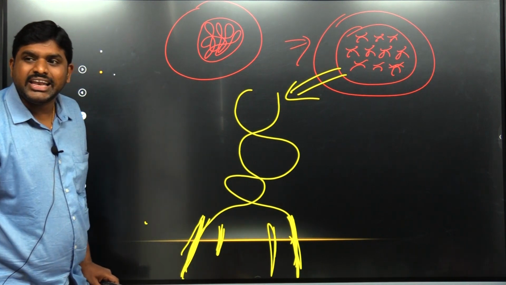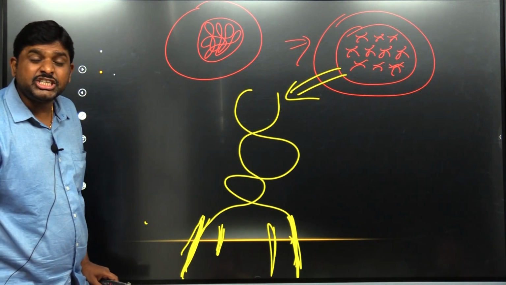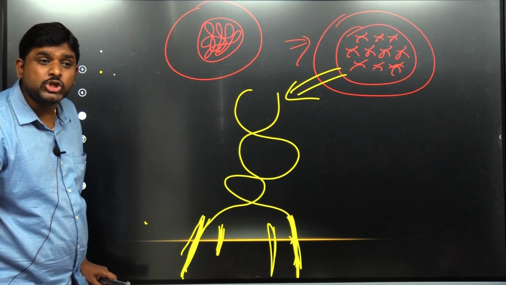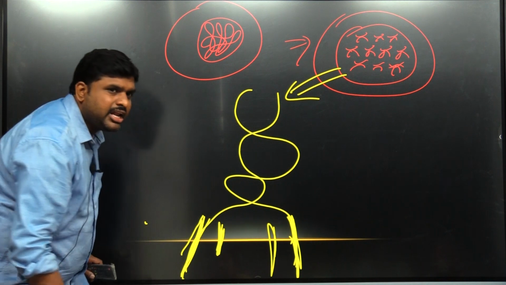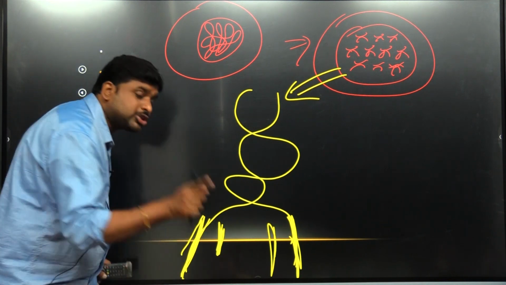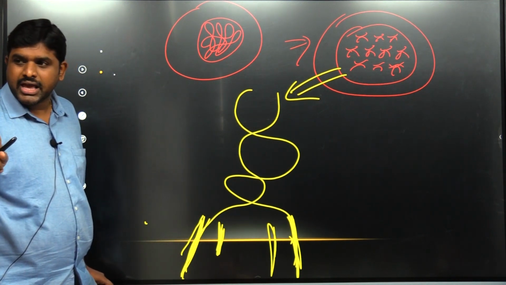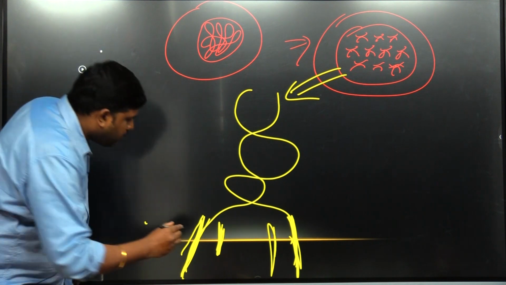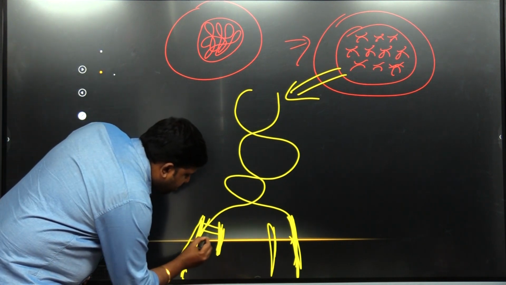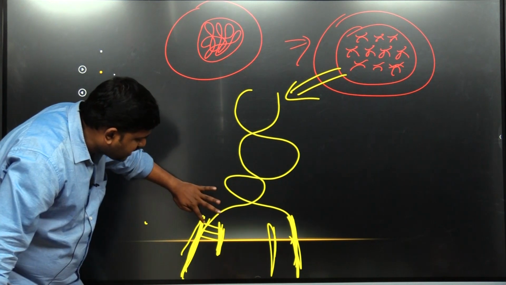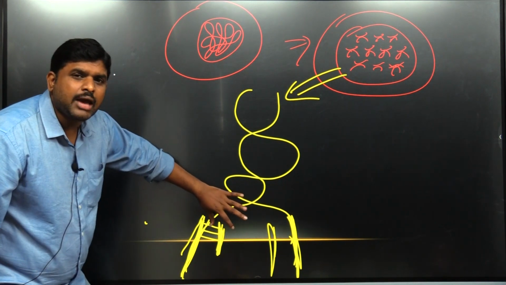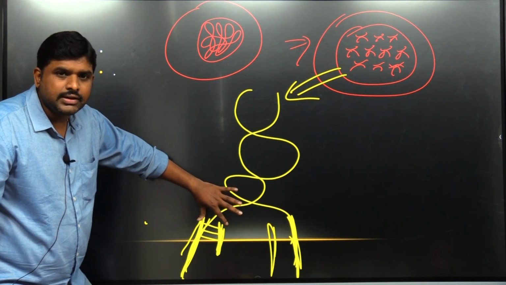Primase will release one RNA primer. Why? Because the initiation will not happen with DNA, because DNA is a double strand. So one RNA primer will be released, a single strand that comes here because of an enzyme called primase. Now here the base pairing happens. Only one difference: where it is T, there will be U. In place of thymine, for RNA there will be uracil.